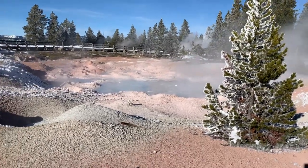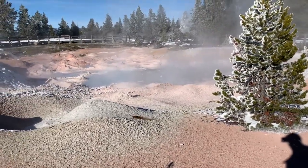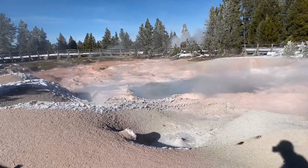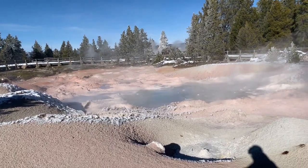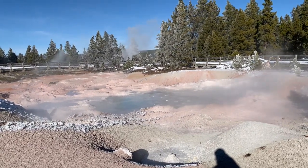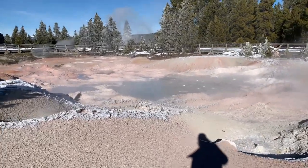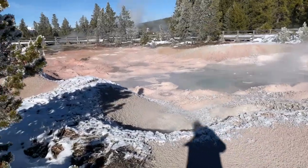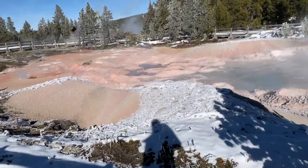Here's perhaps the star of the show at this stop. Fountain Paint Pots. Has boiling mud. And the sulfur smell here is quite tremendous. You can even taste it. Which, it's a toxic gas, so we shouldn't be doing that. But this water feature,